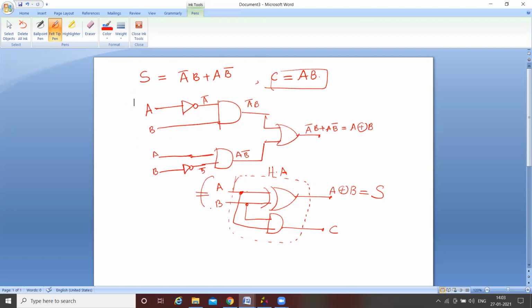First, we identified inputs A and B and identified the outputs. Then we developed the truth table of this adder circuit. After that, we wrote the logical expression. After that, simplification of the logical expression. After that, implementation of this simplified logical expression using gates. And this is the process. Thank you so much. This is all about the introduction to combinational circuits as well as implementation of the half adder circuit using gates.